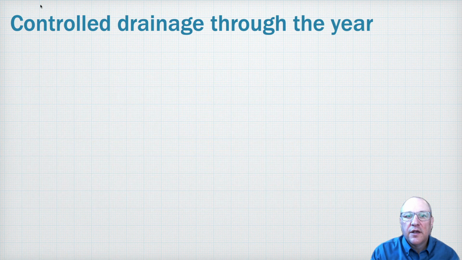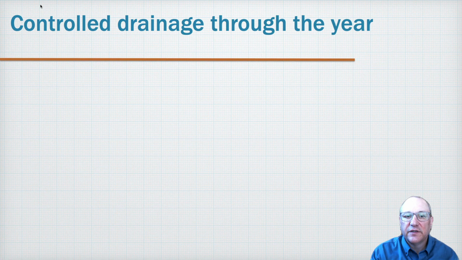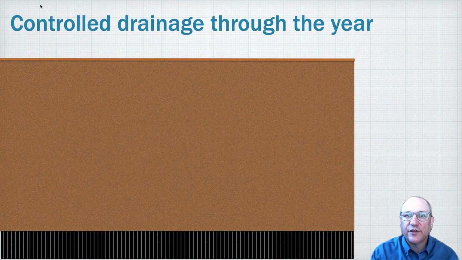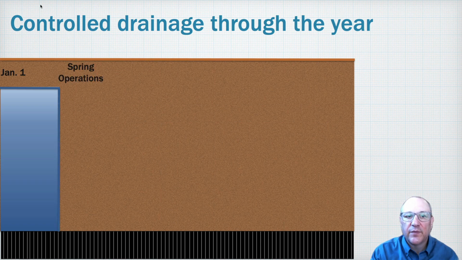So if we look at how that plays out through the year, this is our soil surface and the root zone down to the drain pipe. We start the year with the outlet raised up near the soil surface in winter conservation mode. Then, a few weeks to a month before spring field operations are expected to begin, the outlet is lowered to drain the system to make the field trafficable for timely field operations. The system is left in conventional drainage mode long enough to encourage good root development, and then the outlet is raised in summer conservation mode.